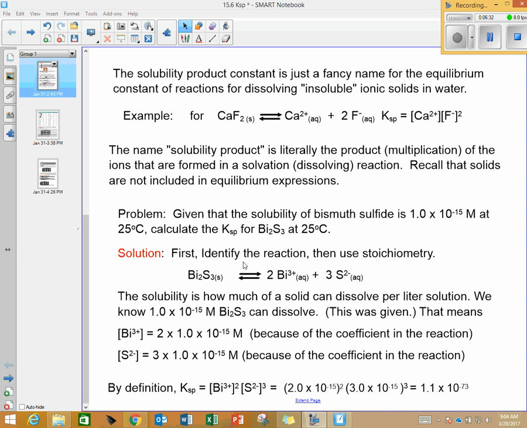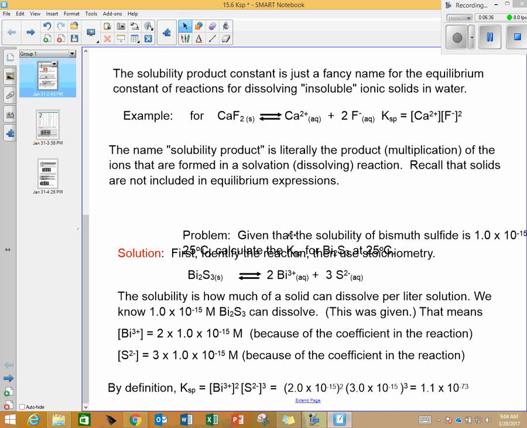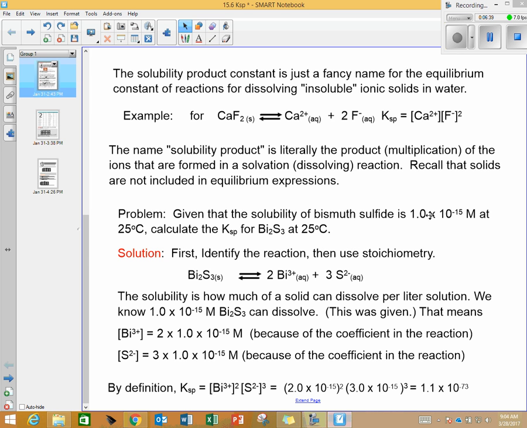So I had mentioned there are 2 types of problems, one in which you're given the solubility. That's the kind we did, right? One in which you're given the solubility and asked to find the KSP. And in that case, you just look at the coefficients for each product and identify the concentration based on stoichiometry and plug into your KSP, your K expression. Those are pretty straightforward. So given solubility, use the coefficients to get stoichiometry, plug into your expression, and you can